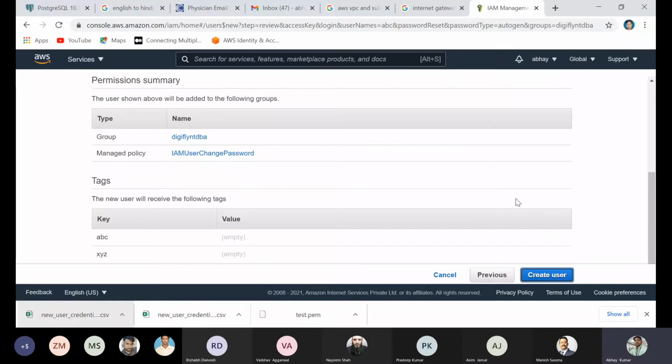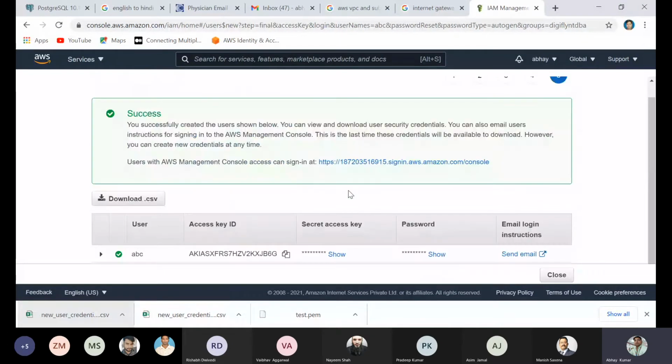It is taking some time, maybe some network issue or slowness. So here we got the access key. That key we require to log in. Copy this URL, the complete URL. You can paste it here.